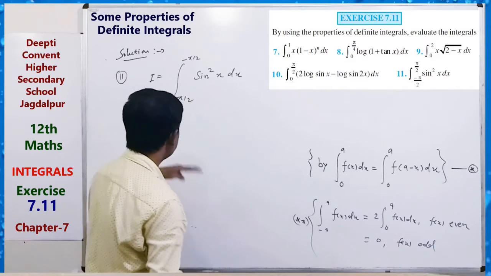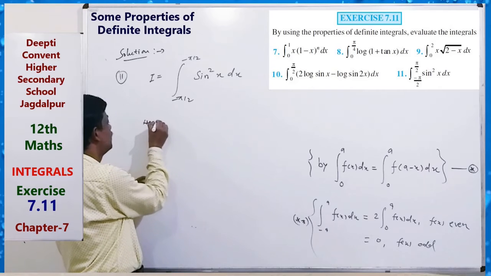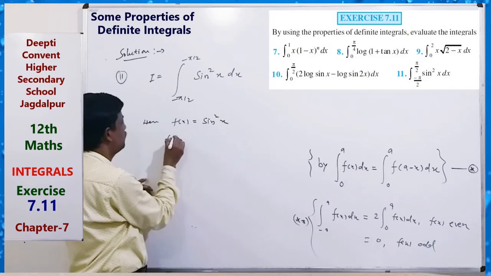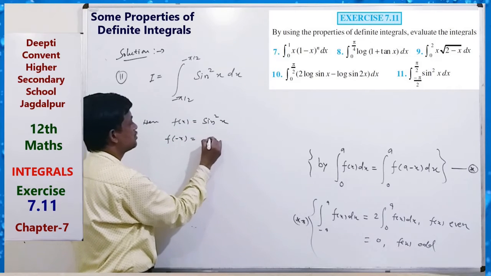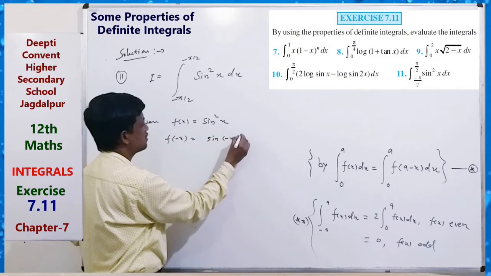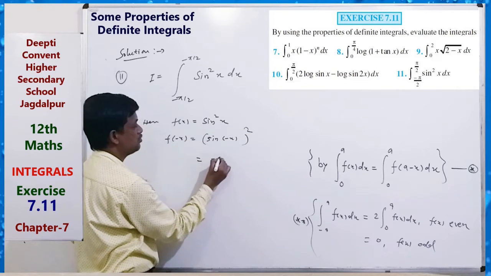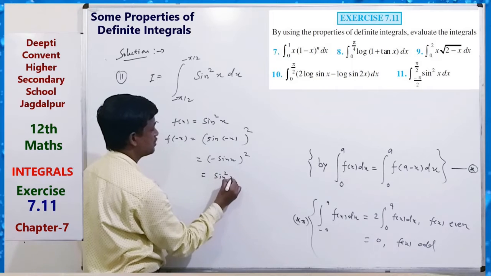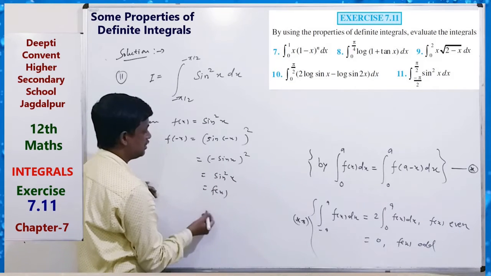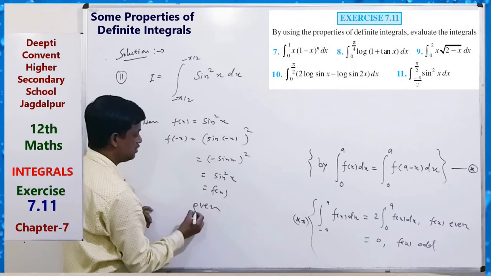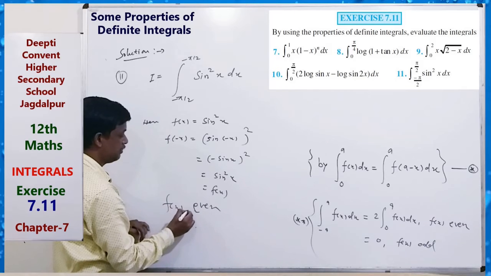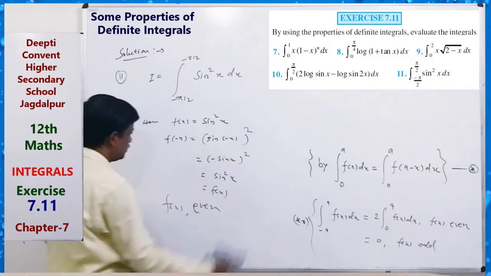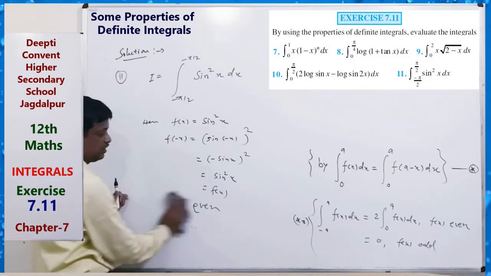We can see here f(x) equals sin squared x, and f(-x) equals sin of minus x, squared, which equals sin squared x, which is f(x). That is even. Since f(x) is even,